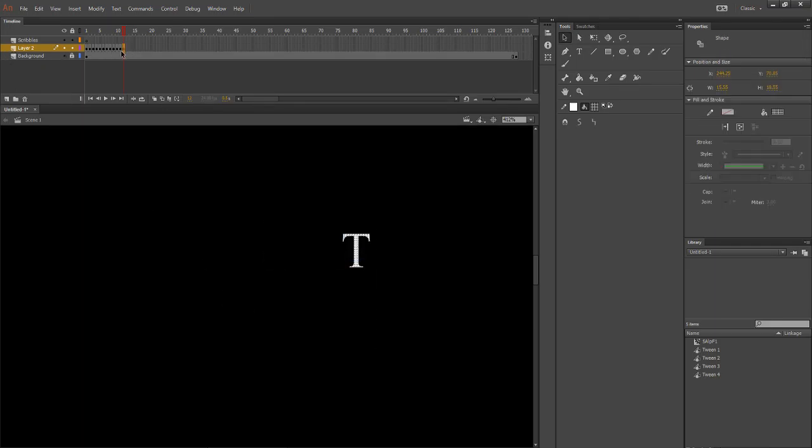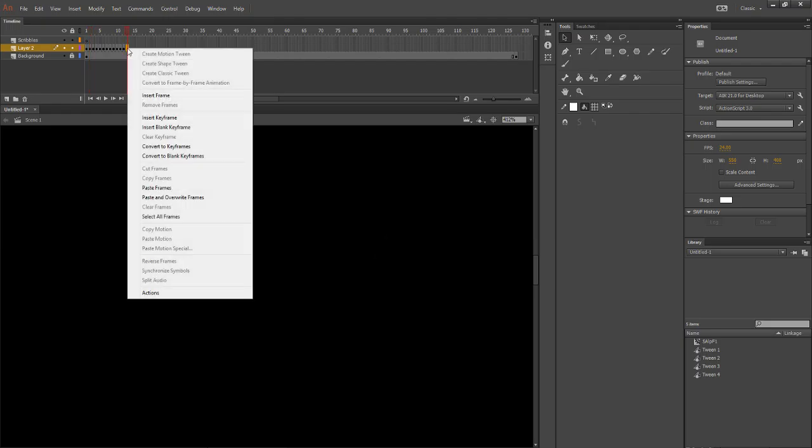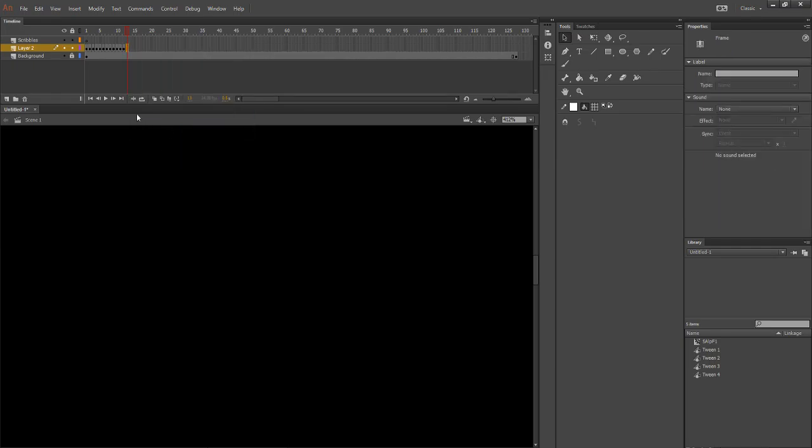Paste in place. Good. Haha. Control X. Yep, this is going to be a better way to do it without muddling up everything. And again, I'm almost entirely sure that there's an easier way to do this.